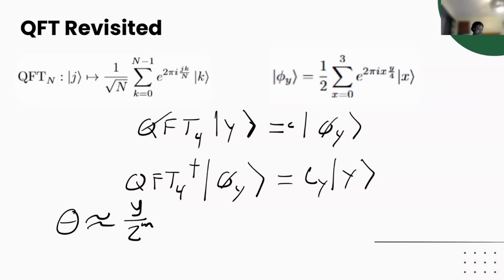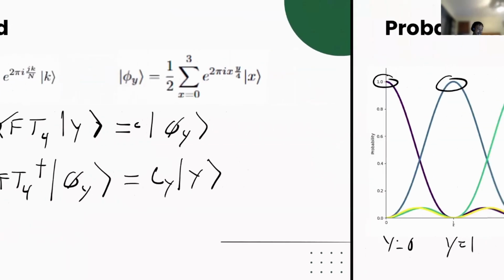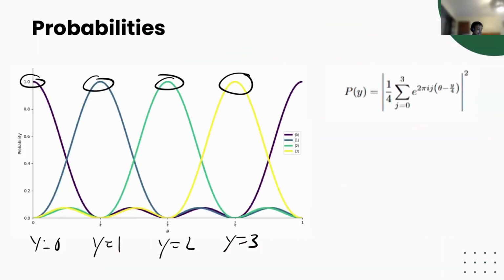So if you apply the inverse, it's this negative sign here, and then you factor out your theta value and subtract it. And so this is what you get here. And so you can see how this kind of scales as you have these different peaks here. And so this is really good. So if we're guaranteed to have one of these values be an integer value of y, then we know exactly which one it is.